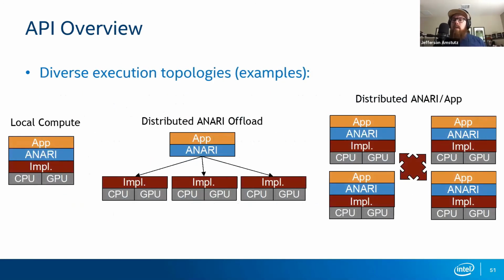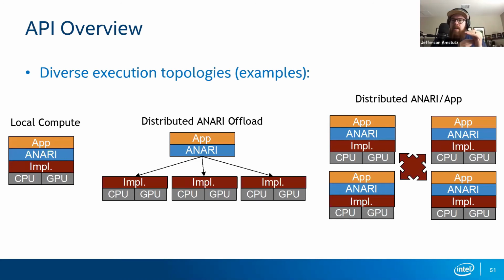And one cool example of this, there's a ton of possibilities there of what freedom helps us with as implementers of rendering systems, but just diverse execution topologies is one that is a big deal in SciViz and one we're taking very seriously with Anari. I think most of us probably think when we want to render something, we think of the left-hand side. We have a single application running on a single machine talking to an API that has a single implementation with some CPUs and GPUs under it. That's absolutely a huge part of what Anari is going for. But there are these others that